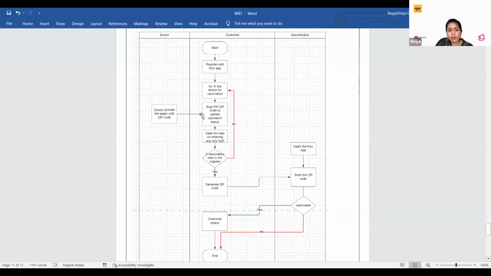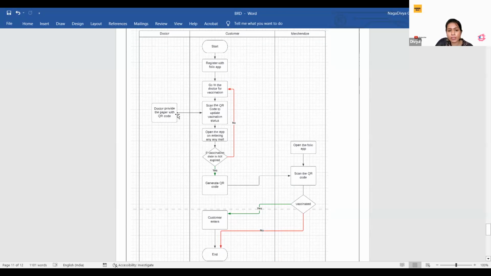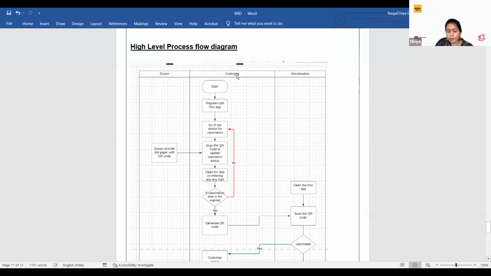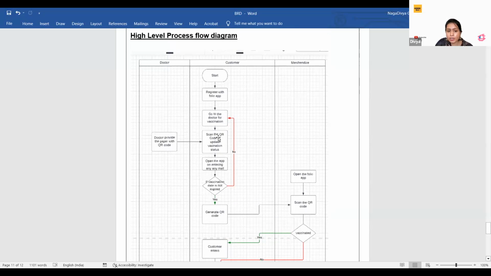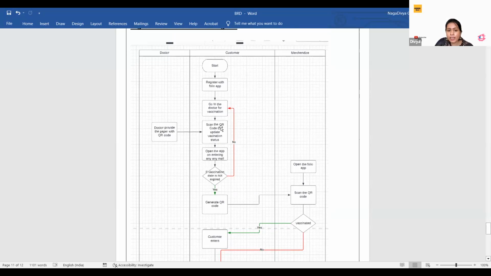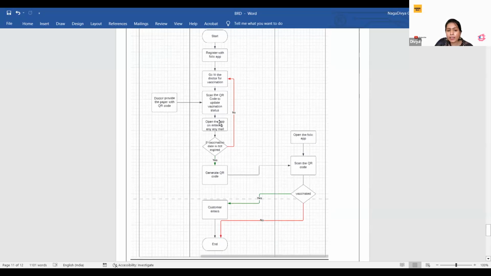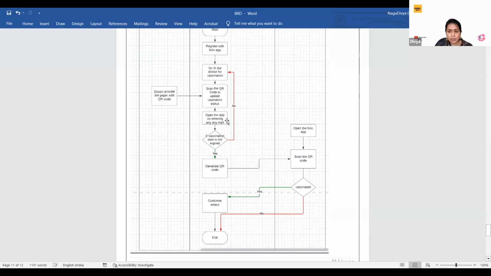So as we see here, the customer first has to register with the app, then go to the doctor for vaccination. After vaccination, he has to scan the QR code. Here the doctor comes and gives the QR code. Once the QR code is given, he needs to open the app by entering his mail. Already he would have registered, and then